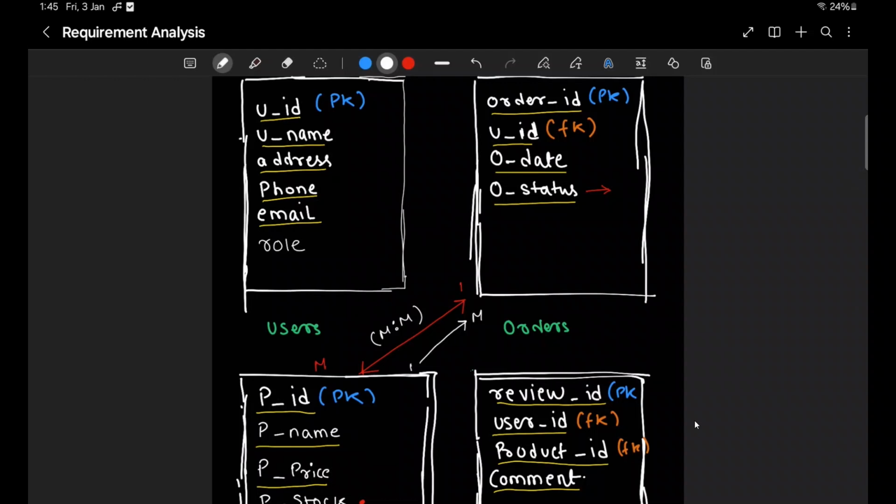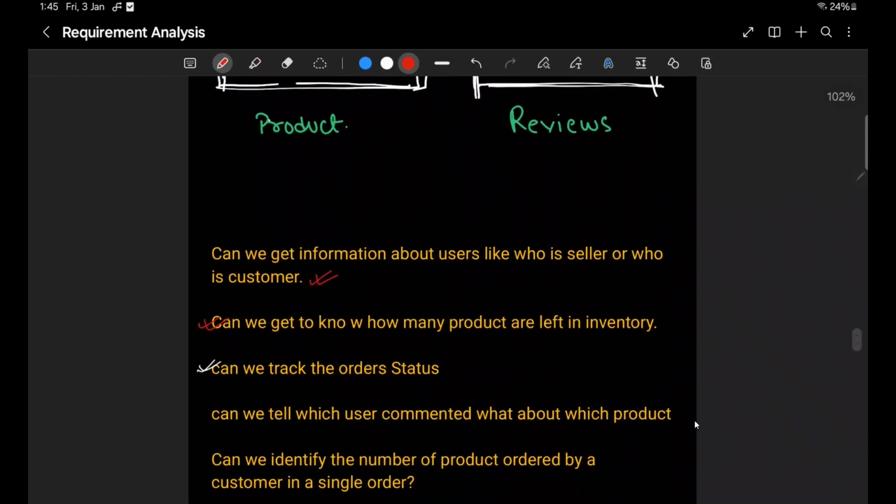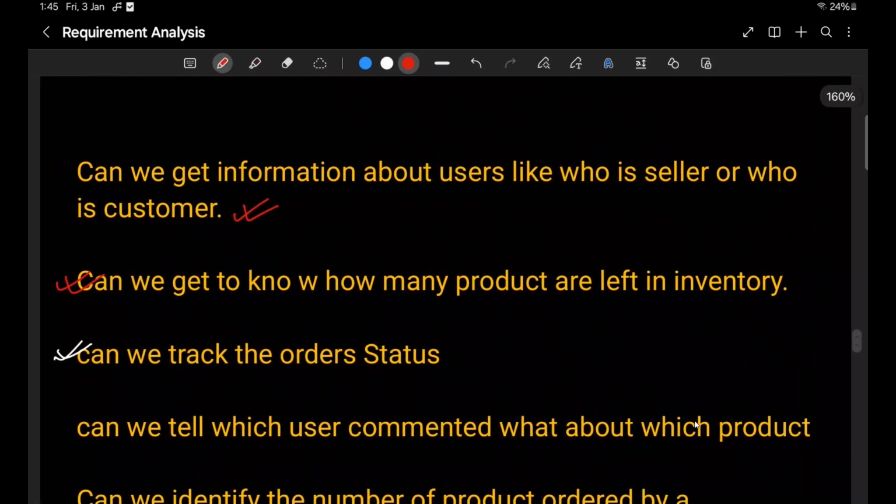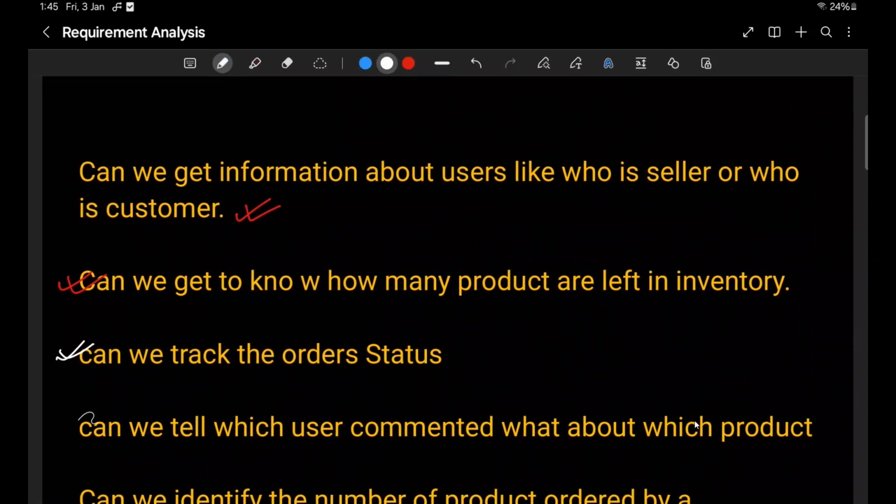If you see over here, using the foreign key user ID, we can create a link between these two entities, and we can get to know which user has commented about which product. So we are successfully able to achieve this as well. Great.